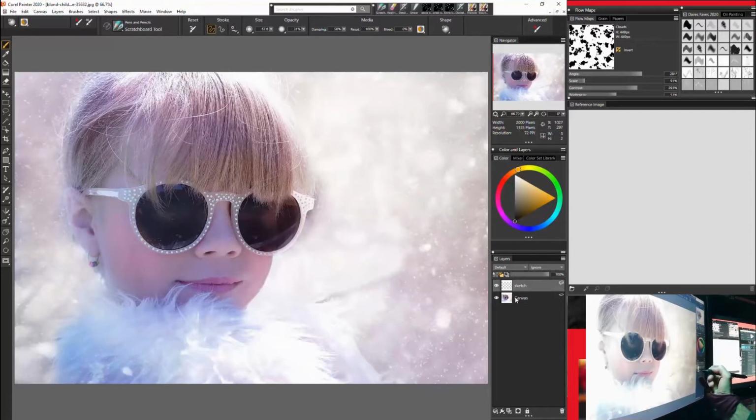Sketch. I will keep that on top. And then I can turn it on and off to check my proportions as the painting progresses. And by the way, I have other